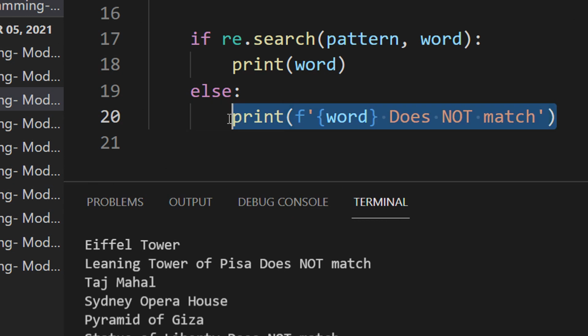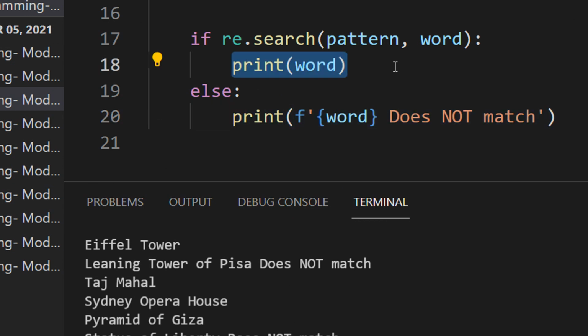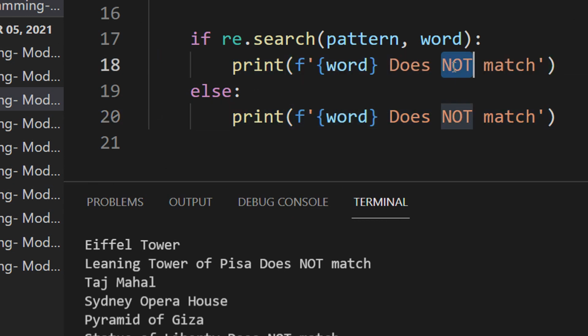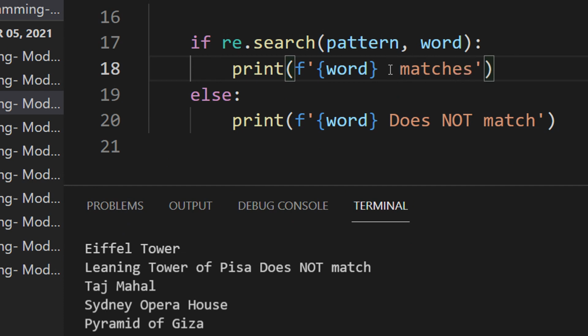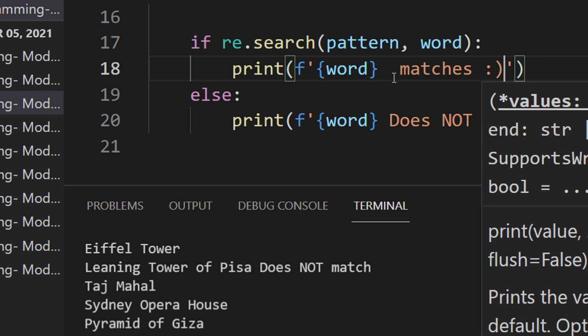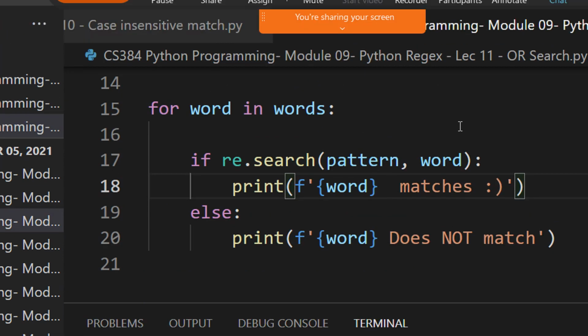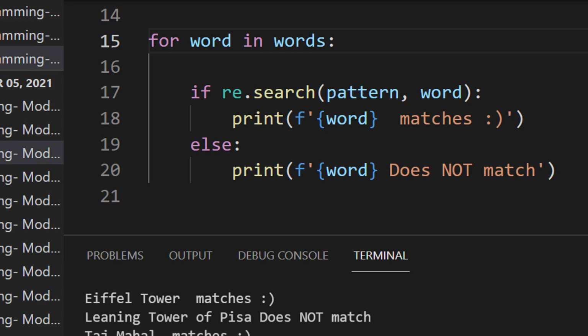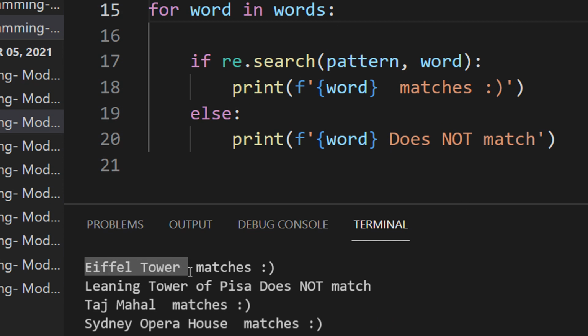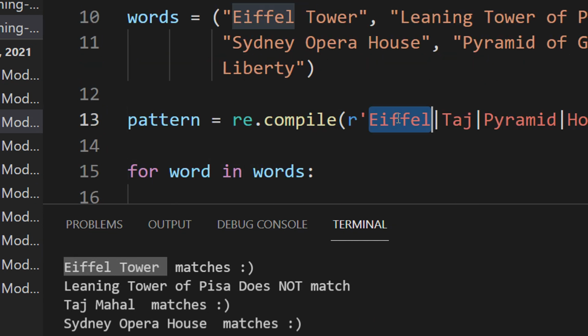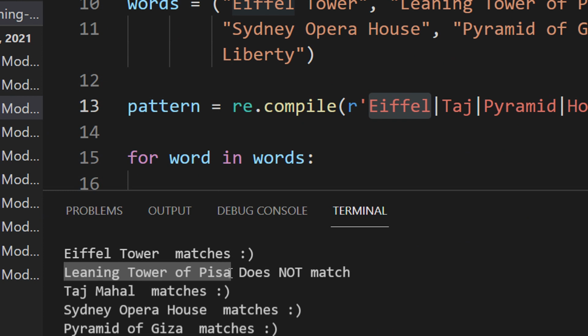Just a minute, let me write a good printf here. And we can put a smiley. So when we run this, you see Eiffel Tower matches. Why did Eiffel Tower match? Because we were searching for a pattern Eiffel, and it matched. Now it says Leaning Tower of Pisa does not match.